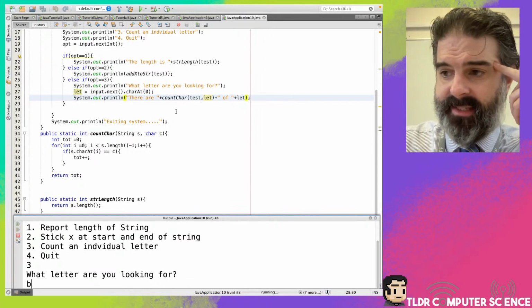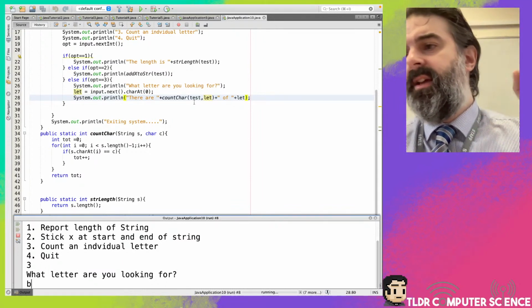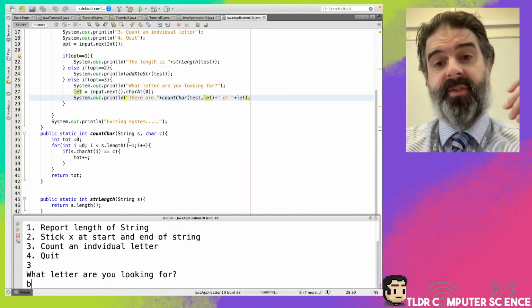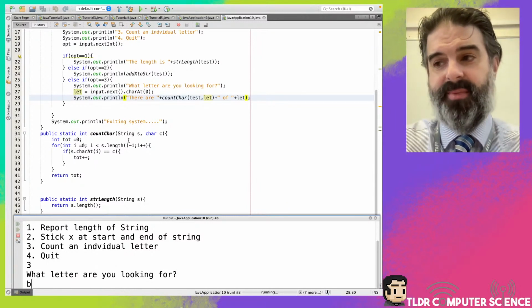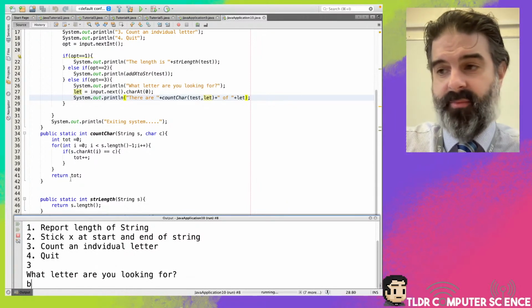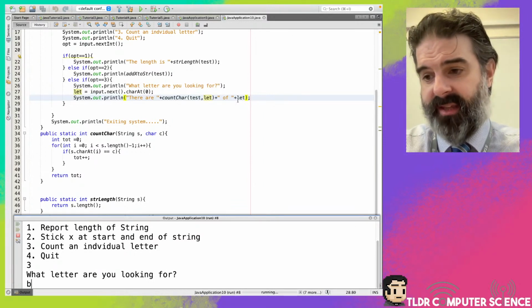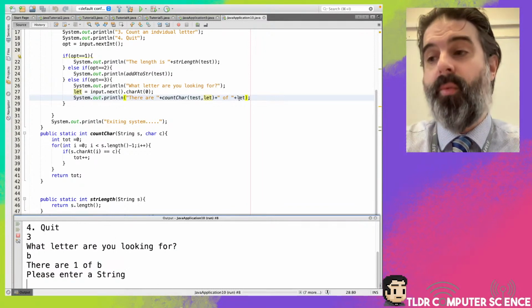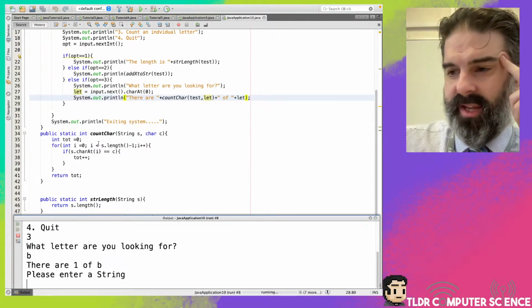Let is sent here and turns into C, and remembered by value, makes a copy. Test is that original string, picked up as S, and then hopefully it's going to go through that string in a for loop, look for the number of times B shows up, count that up, return a value here, and say there are 2 of B. Whoops. So there are 1 of B, so I've made a bit of a boo-boo somewhere in my code,